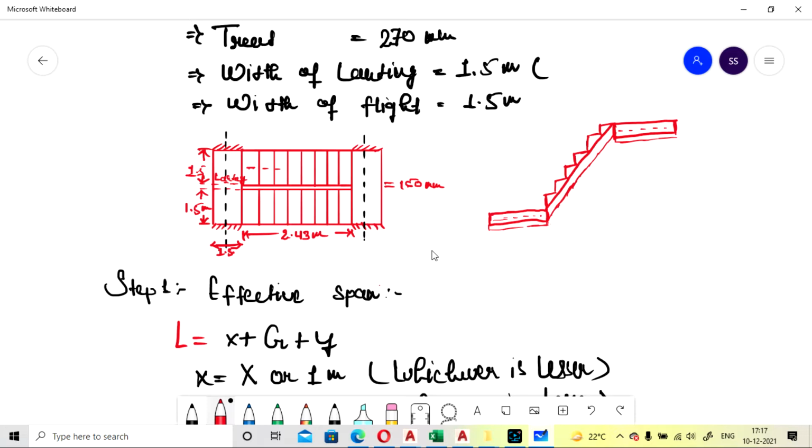So here if you see the elevation, you will find that this will be the slab.